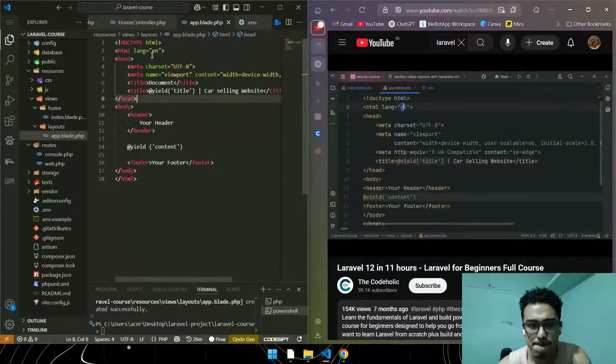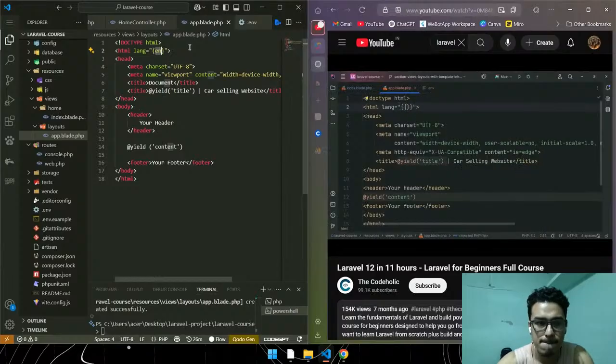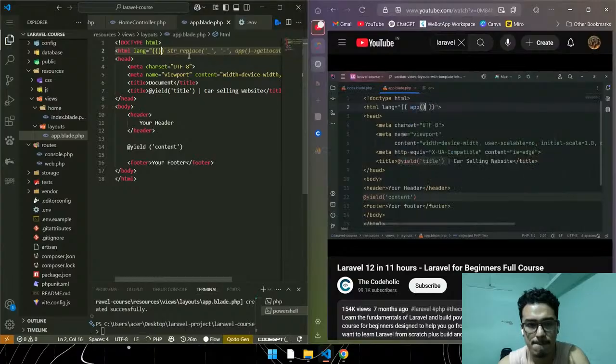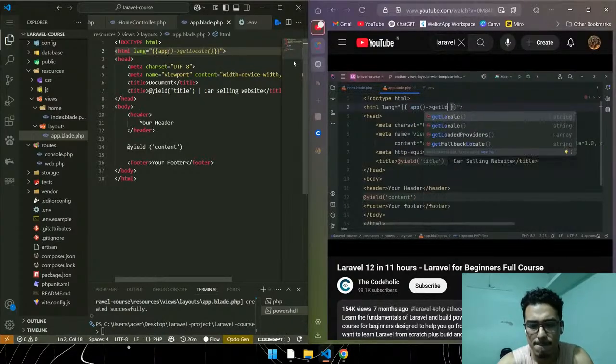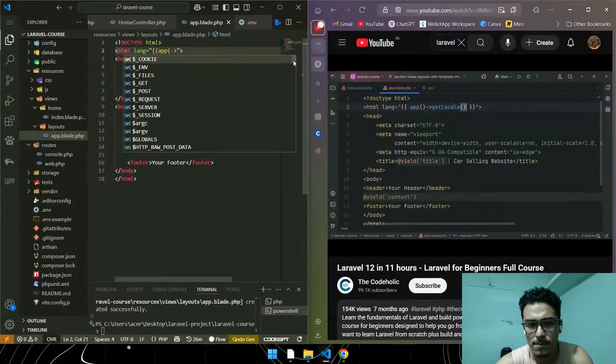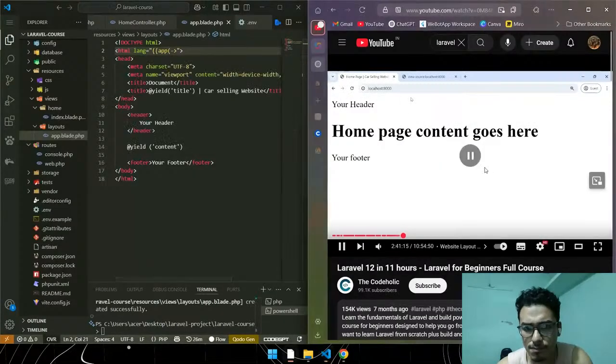First, let's go into Lang, and I'm going to output right here the current application name. I'm going to access this through app function. This returns an application, and then I can call get local method on that. So if I save this right now, and if we check in the